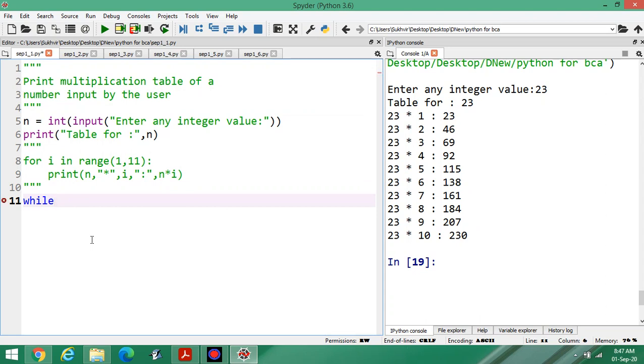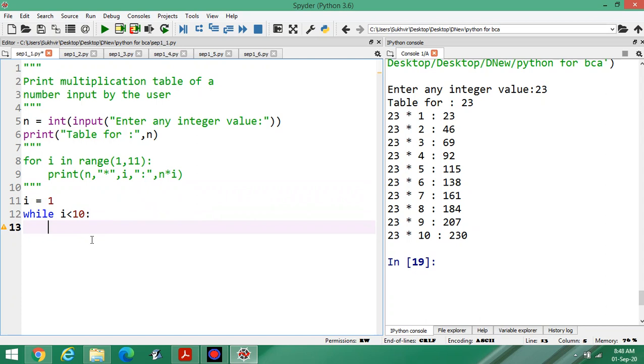While you can write here I less than 10. While I less than 10. At the start position, you can set I is equal to 1.